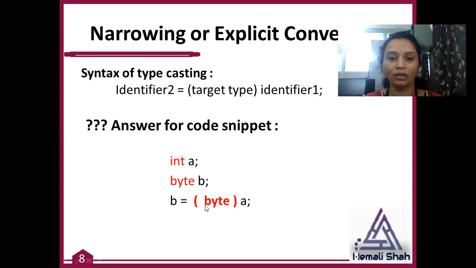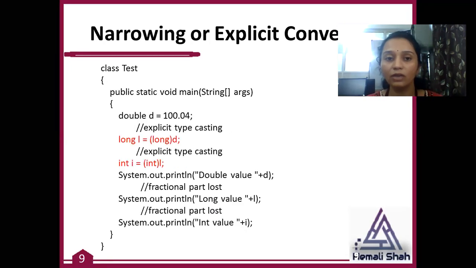source value, and write the syntax. Now you can convert this integer a value into byte b. So integer to byte, it's a larger to smaller data type conversion. Now think, whenever you are performing such operations, you will always get the lossy conversion. Lossy, that means if you are performing floating to integer conversion, your floating point value will be discarded by your